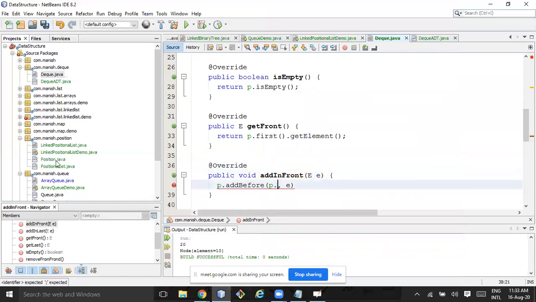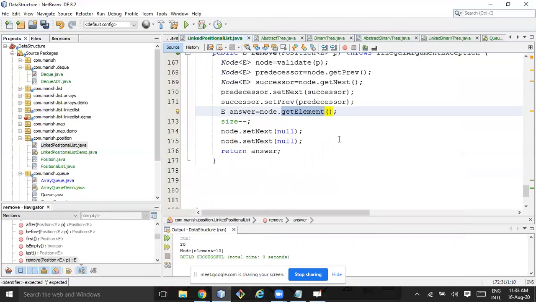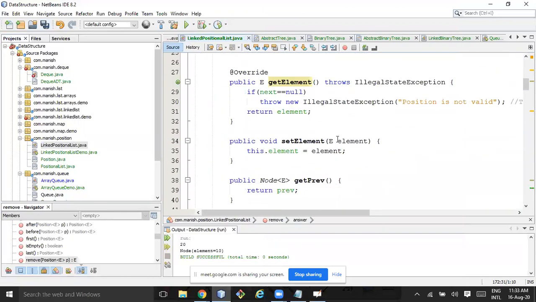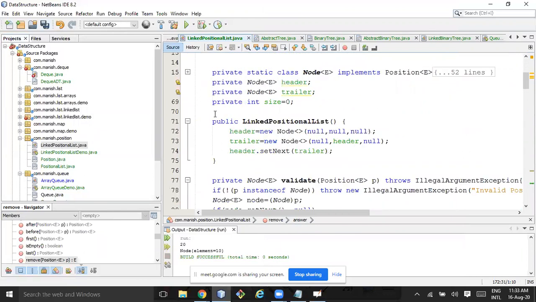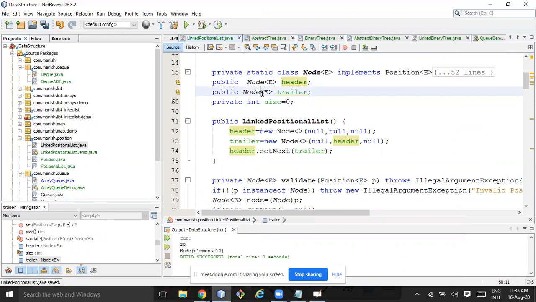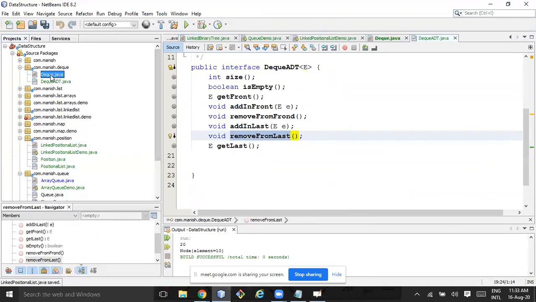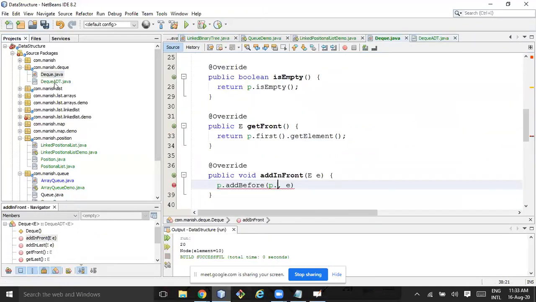Okay, I can do that. Linked positional list. Yeah, it's an implementation detail, you can change it. There are other ways around also. You can modify that, like you can create a method also. So here p dot e.